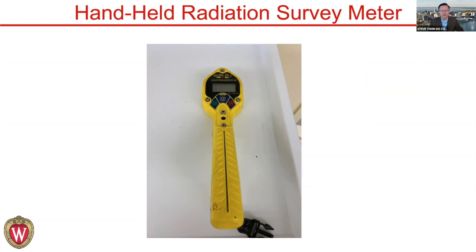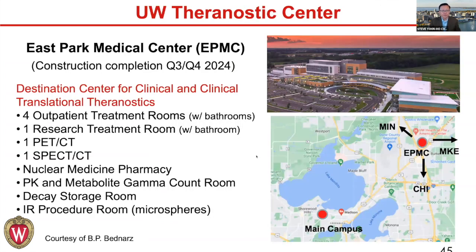And for many of the research studies, they may be set up in the CRU. However, in preparation, because of all the excitement and the growth of this area, our center here at UW, as well as many academic centers across the country, are really setting up these theranostic centers. And so the East Park Medical Center, as you all know, construction is expected to be completed the second half of 2024,